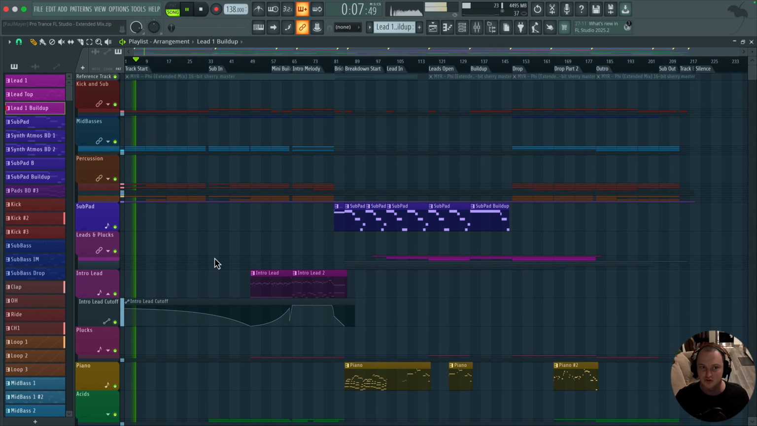This is going to be Pro Trance in FL Studio. We're going to be making a track from start to finish, an uplifting trance track. I'm going to be showing you all the tricks and techniques about how to get the most out of FL Studio and the plugins we're going to be using, including some third-party plugins that I think are going to be really helpful. So this is the track we're going to be making,